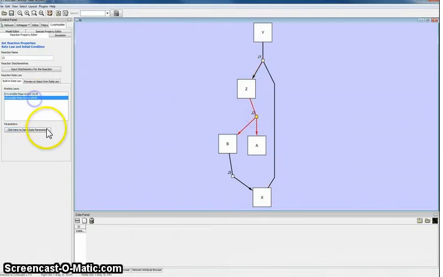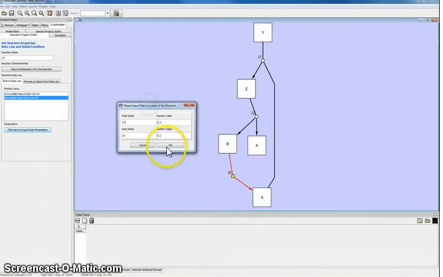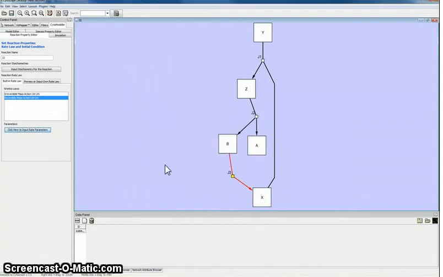Similarly, we set parameters for J2 and J3. In J2, Z reacts to form A and B and is a reversible reaction with the default rate constant. For reaction J3, B forms X and is a reversible reaction with the